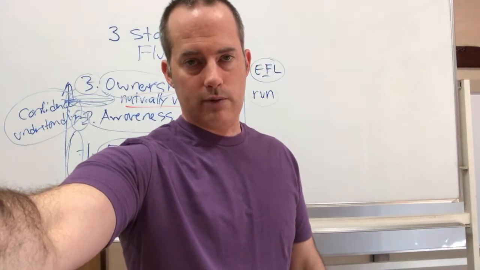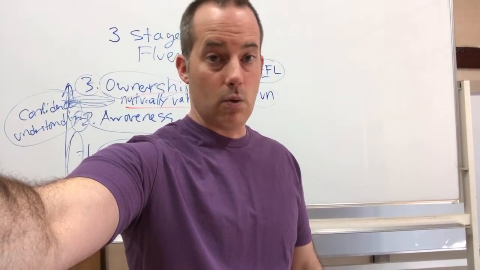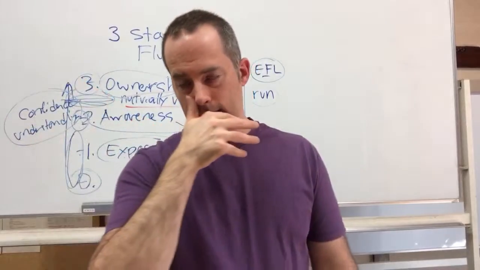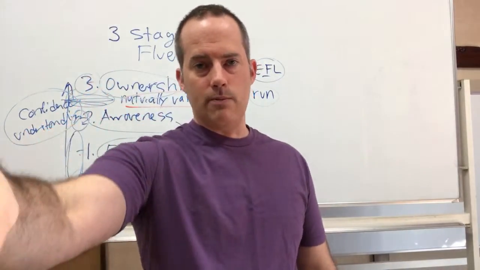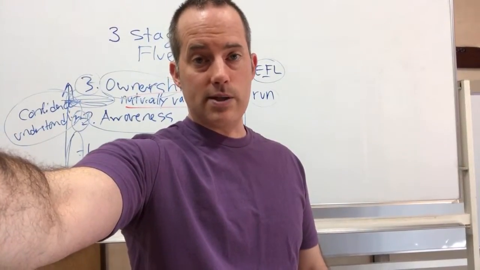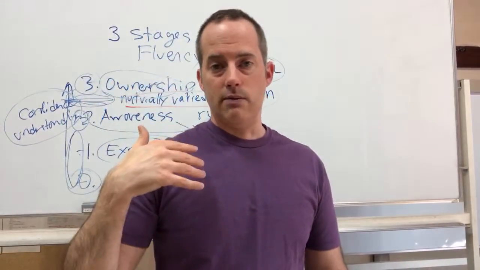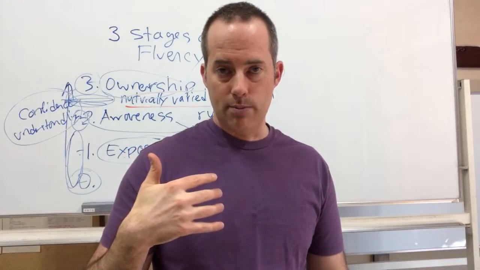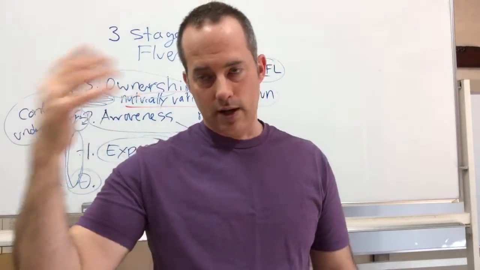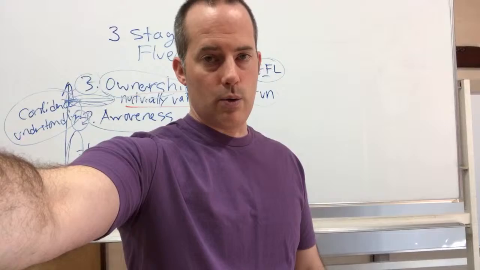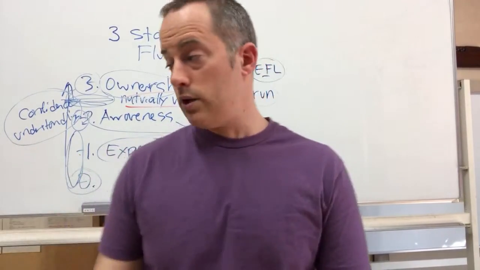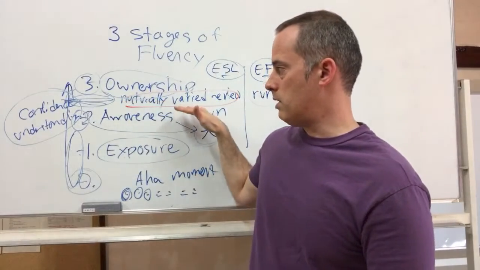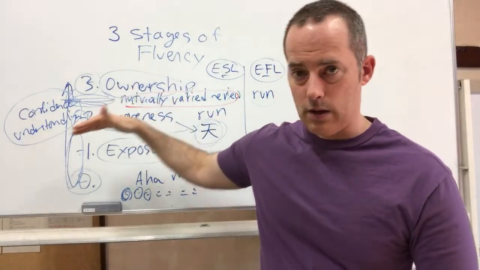Maybe you have specific things for products or company or whatever you have to speak for that. But if you watch, let's say, a bunch of YouTube videos about customer service, you will get lots of naturally varied review for that specific purpose. So you will see lots of people, like how they check in at a hotel or how they order food at a restaurant, that kind of thing. So the point is really to get more naturally varied review. That's how you move from awareness to ownership.